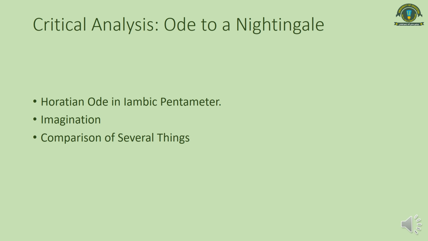So, we find that all the stanzas are structured the same. This is a Horatian ode and it is in iambic pentameter. Iambic pentameter is about a line which has 5 meters. Pentameter means 5 meters, and in each meter there is a stressed or unstressed syllable. So John Keats has used iambic pentameter and the Horatian ode technique in his composition of